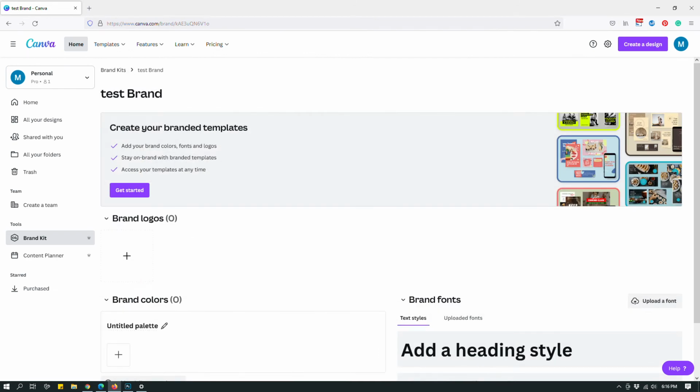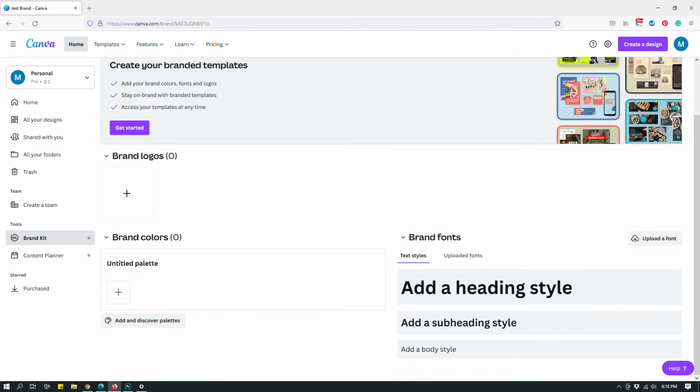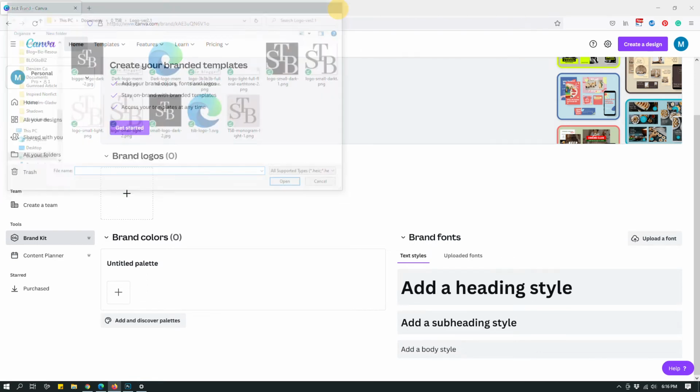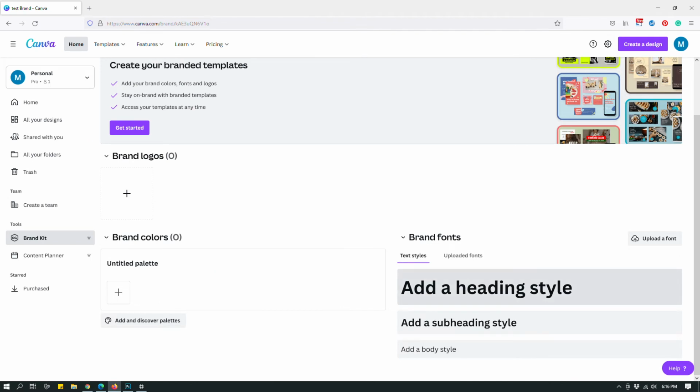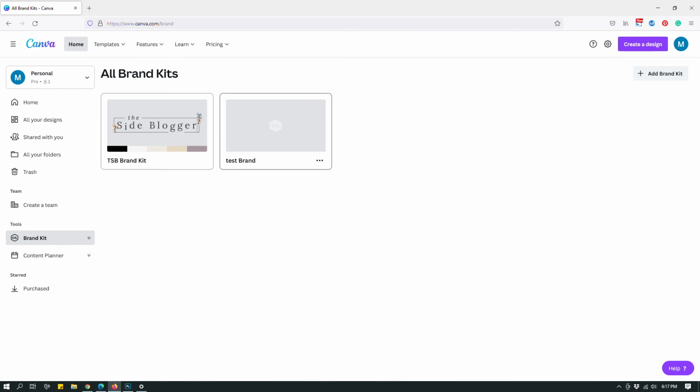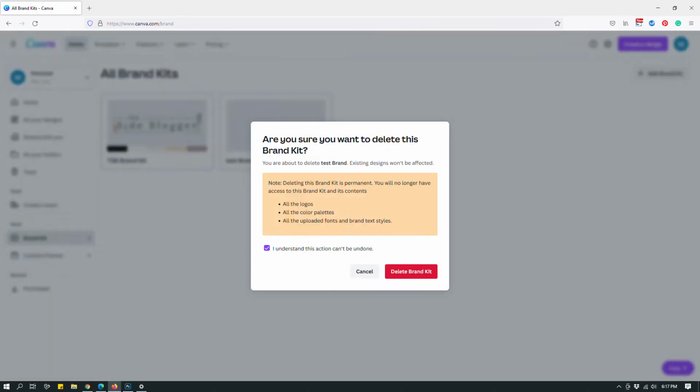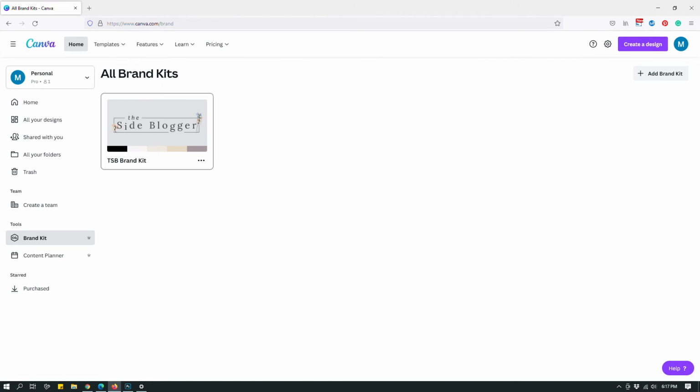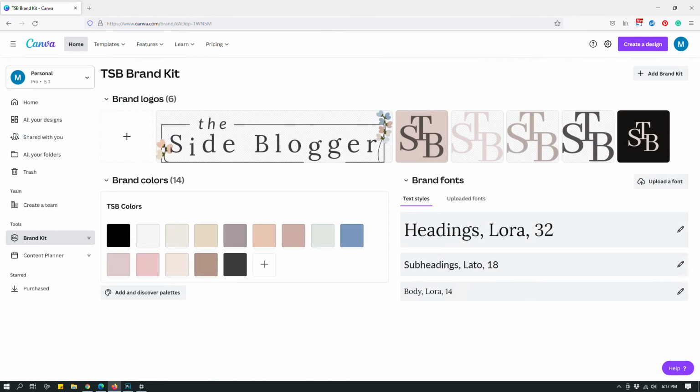and you can create, and as you can see, you have a completely new brand kit and you can start from scratch. You can add your logos like so, you can add color palettes, set up your fonts, etc. Now I don't need this additional brand kit, so I'm just gonna click on brand kits, and then from here I'm gonna click the three dots and then delete, and then I'm gonna get rid of it. So this is